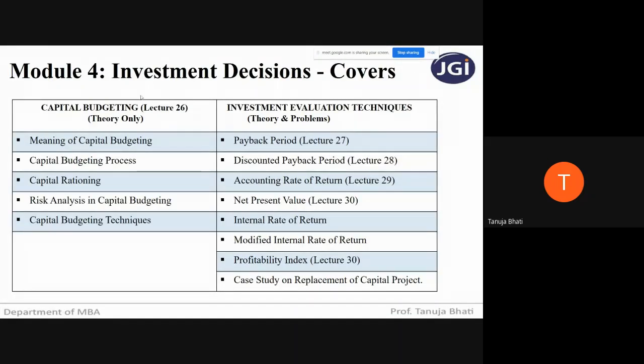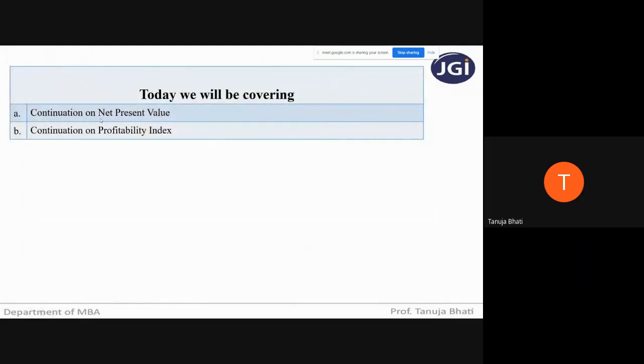Under this particular module, investment decisions, we have seen capital budgeting, the complete theory, and investment evaluation techniques: payback period, discounted payback period, accounting rate of return. In our last lecture, we were seeing what is net present value and profitability index. We are just remaining with IRR and MIRR, that is internal rate of return and modified internal rate of return. Today we will be continuing with the net present value and profitability index, which we had left in